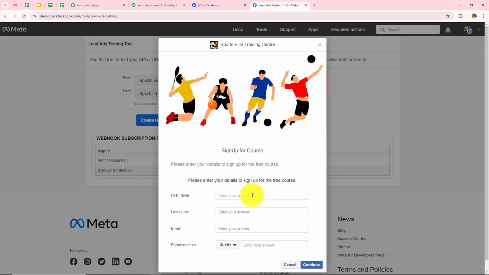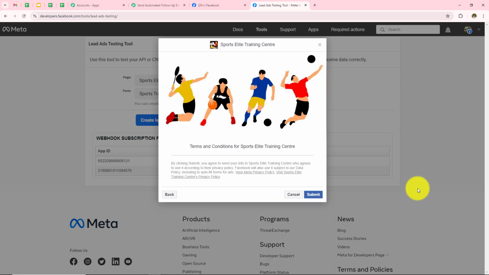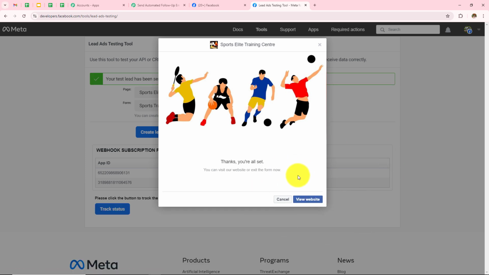So here this time, let's say my first name is Latest, my last name is User, my email address is latest487@pablytudes.com, and then my mobile number is. Now I have to click on this Continue and then click on this Submit. So I have submitted a form and I should have received the first mail. So now let's open my email and check whether I have received the mail there or not.